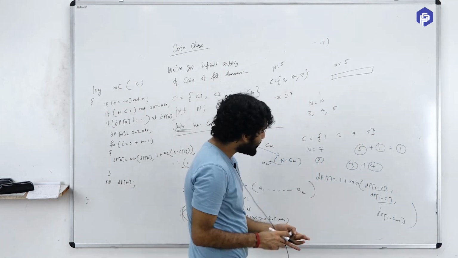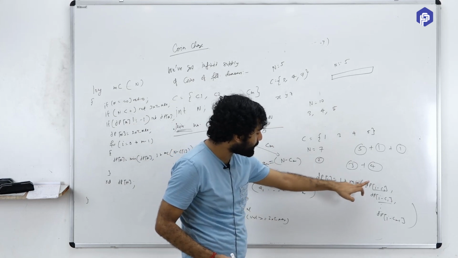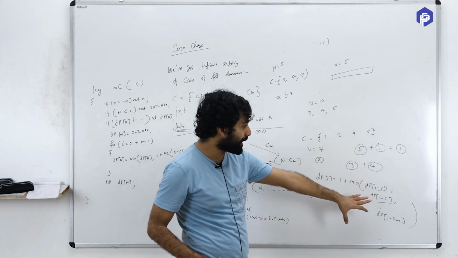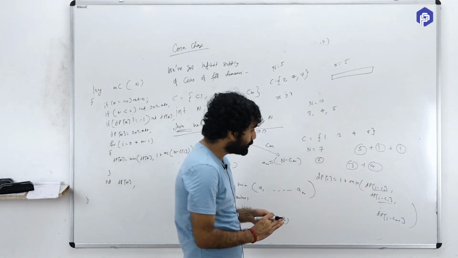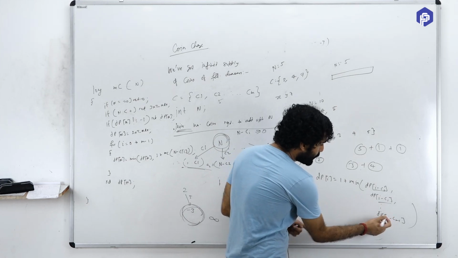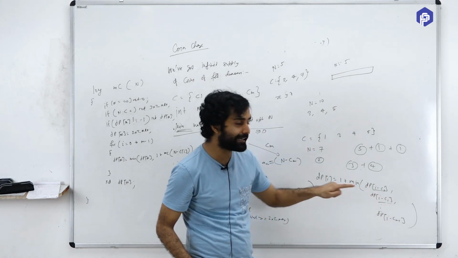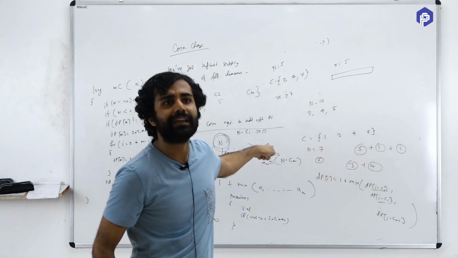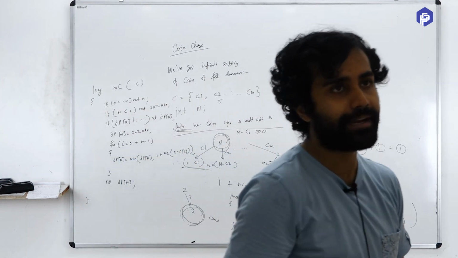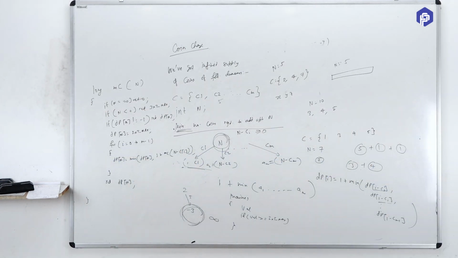Coming back to this, I was saying that your dp of i is dependent upon these things, and while writing the bottom top approach, you would not try to look out for i minus c of x if this value is negative, right? And I think this you can control in your code, right? Can everyone do this? Yes or no? Can everyone write the bottom top approach for this?